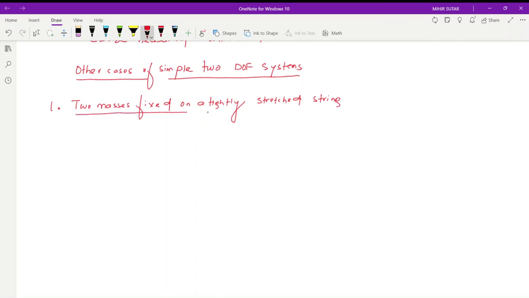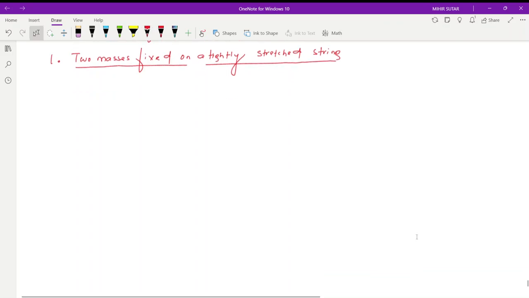We'll take few examples of 2D systems and we'll solve the equation of motions. So first case is two masses fixed on a tightly stretched string. Okay. Let's say